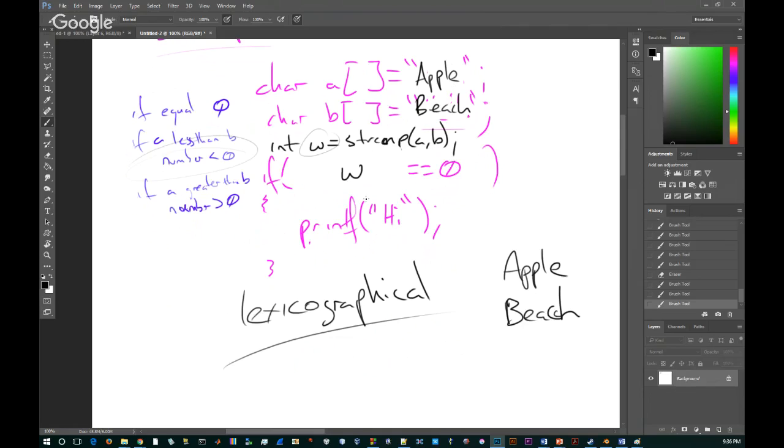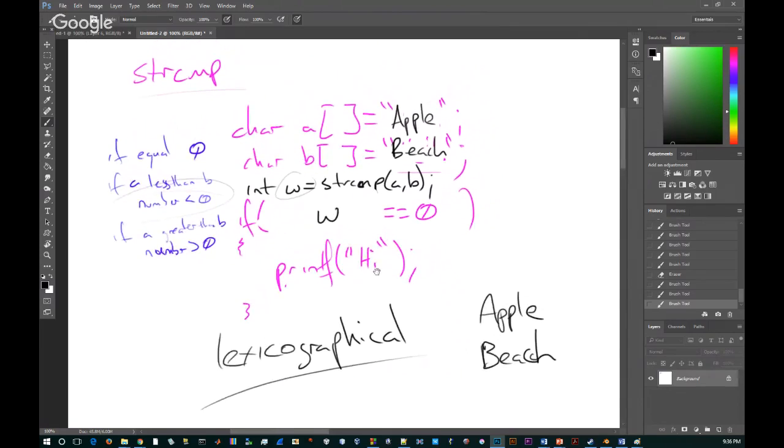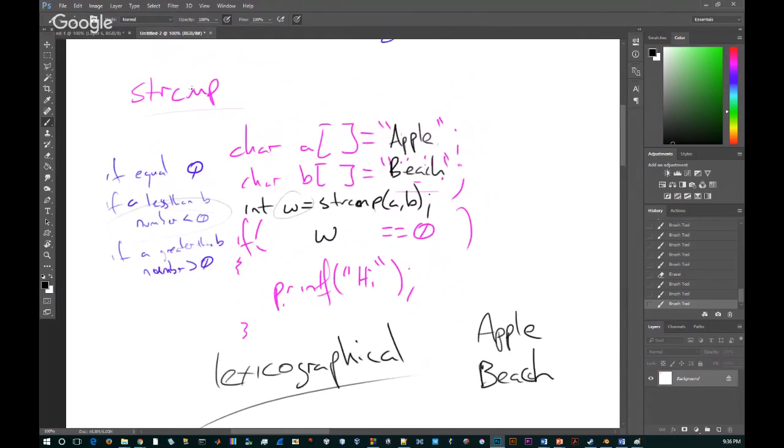But that's string compare. Now there is also a variation on string compare, and you'll notice that with pretty much all the string functions, you'll have an n version. So the other version is string n compare,